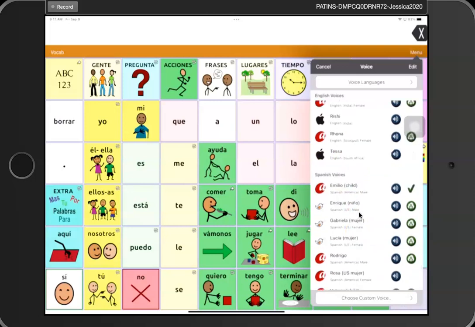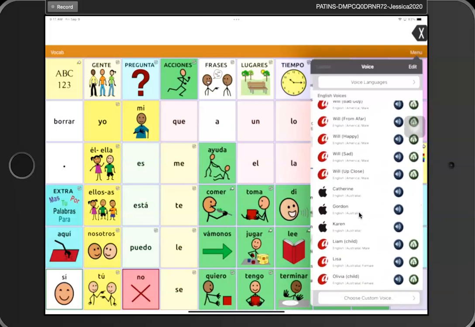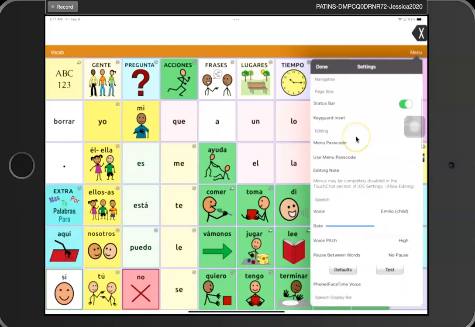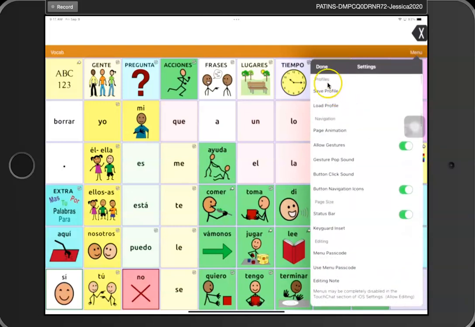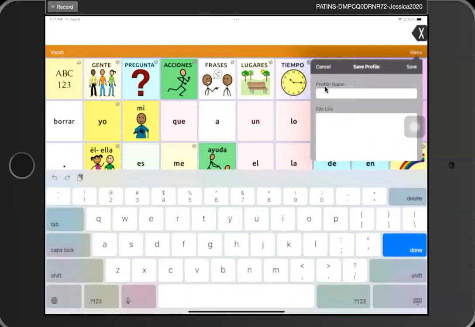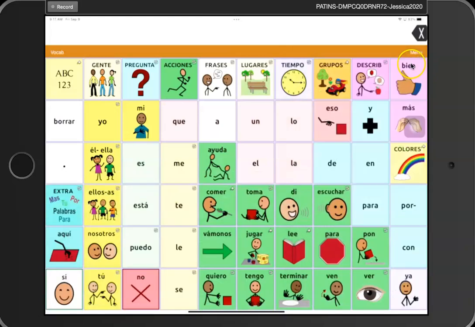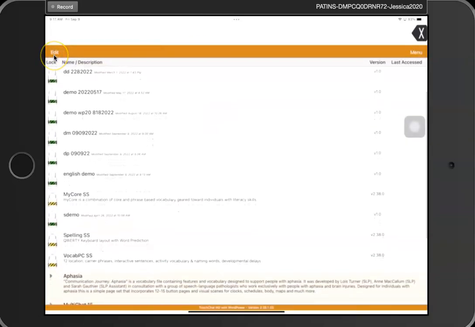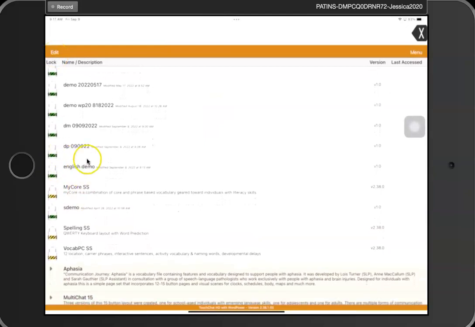And then we're going to hit cancel and scroll all the way back up to the top, and we're going to save profile. And again, I'm going to call this Spanish and then student initials or whatever you want to use. And hit save. We're going to go back out of our Spanish vocab and go back to our English file